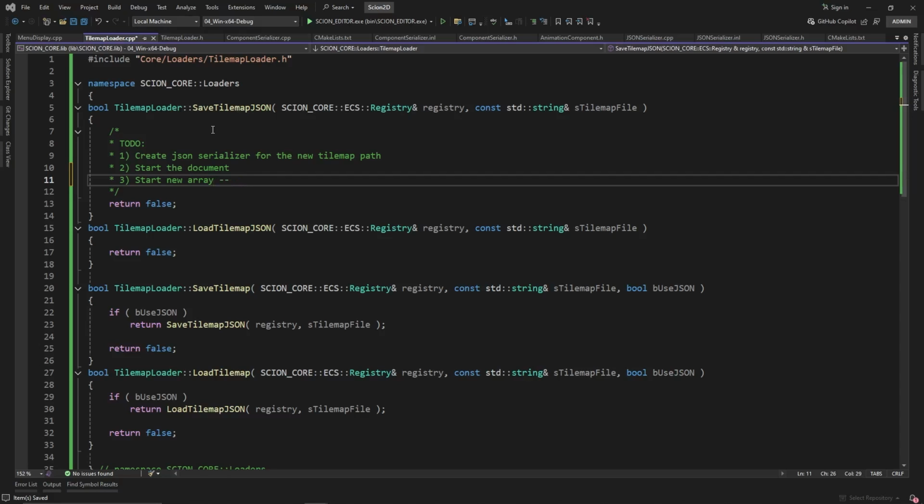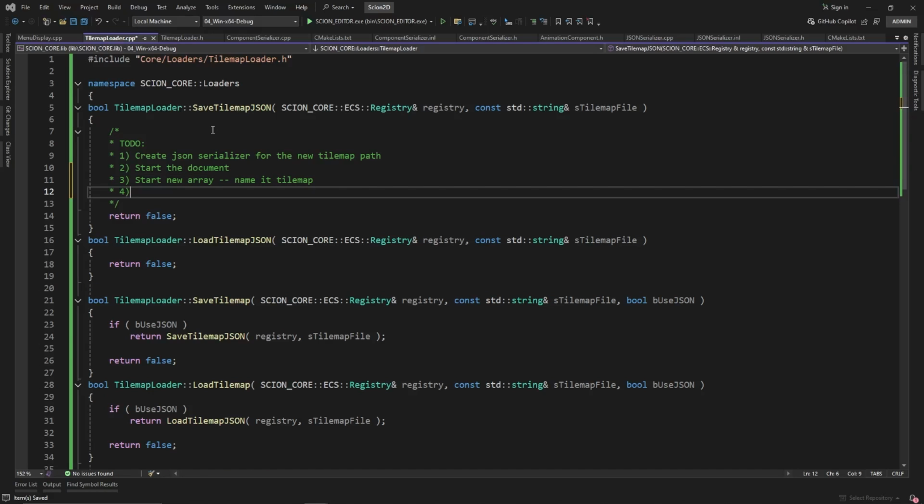You can name it whatever. Name it tilemap. 4, loop through all of the tiles